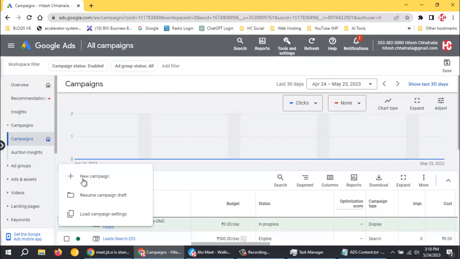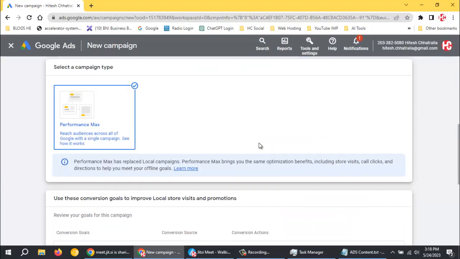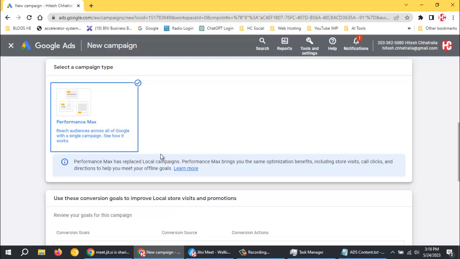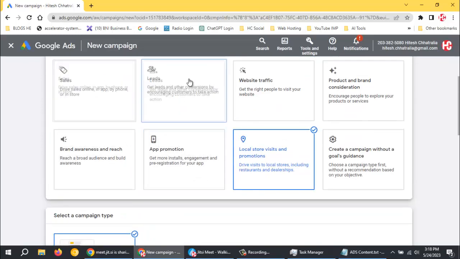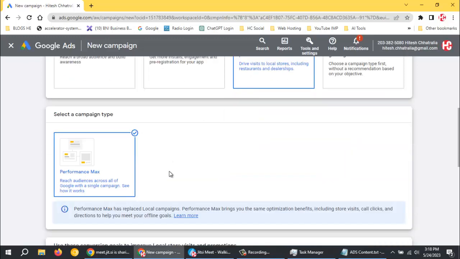Alright, so now the next ad is related to local store visits. So local store visits, let me see if we can do it, because this ad is Performance Max. So a Performance Max ad is the combination of all the ads that we have done over here till date. So that is basically display ad, lead generation ad, video ad, search ads, everything will come up in